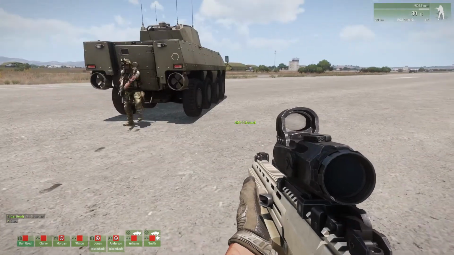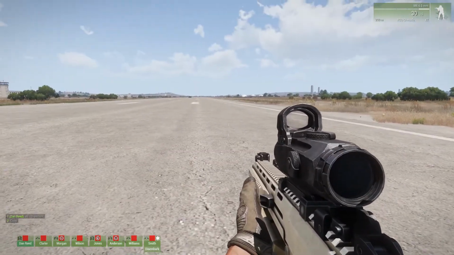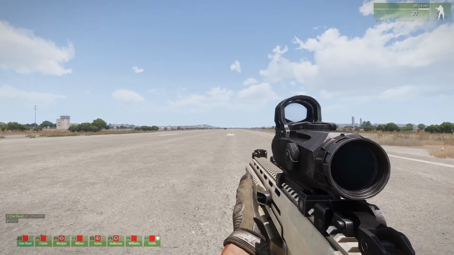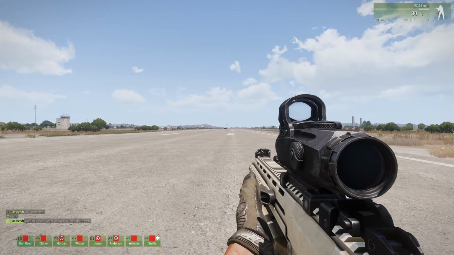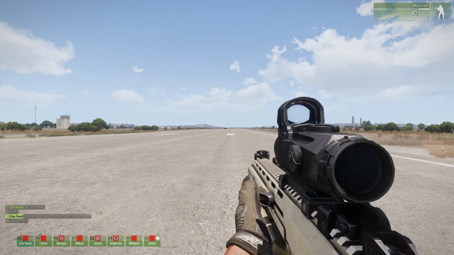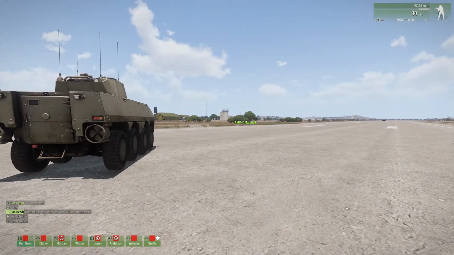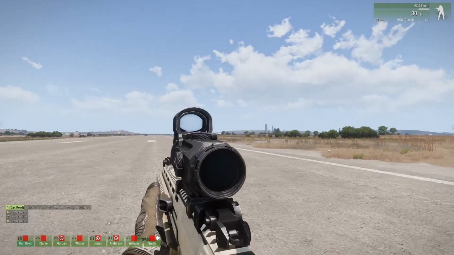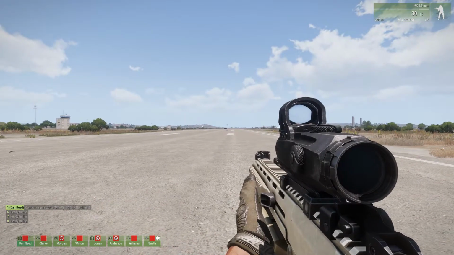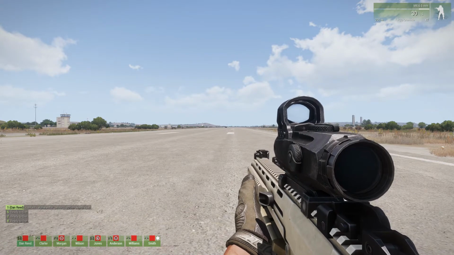All right, we're now going to finish this lesson by moving down the runway towards the Quillen, and I'm going to give them an order to open fire, but not yet. Before I do that, we're back in the wedge formation. So now, if you want to do more than the context sensitive